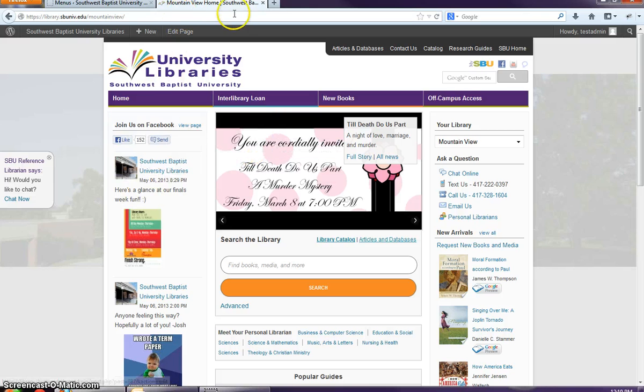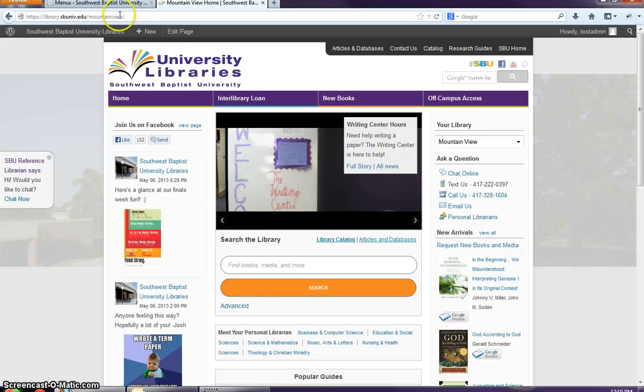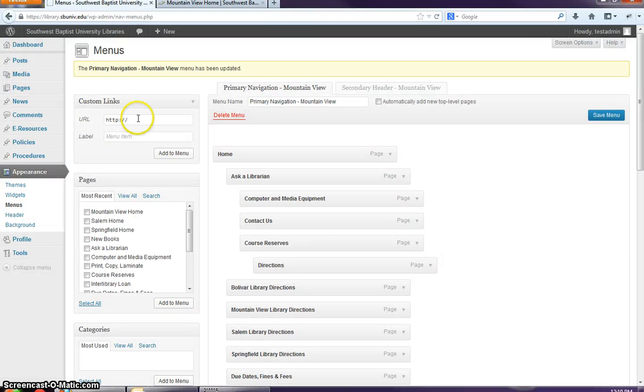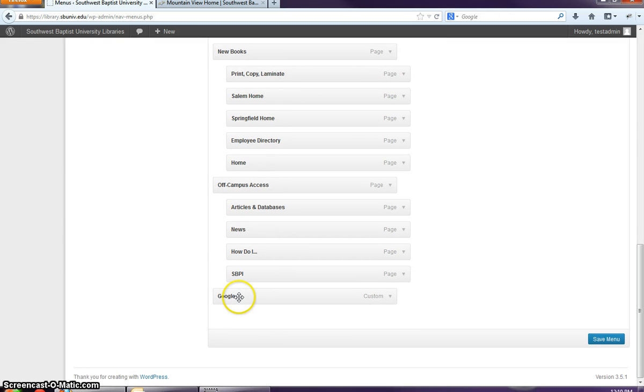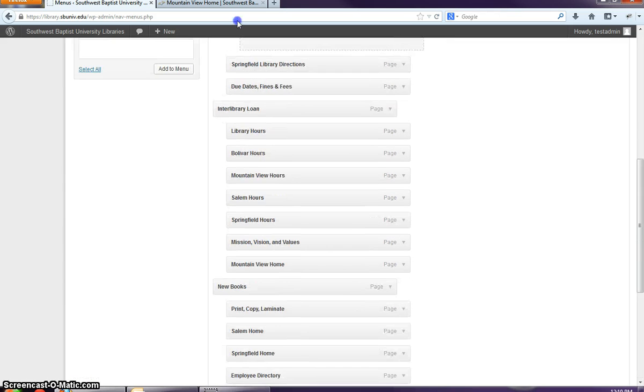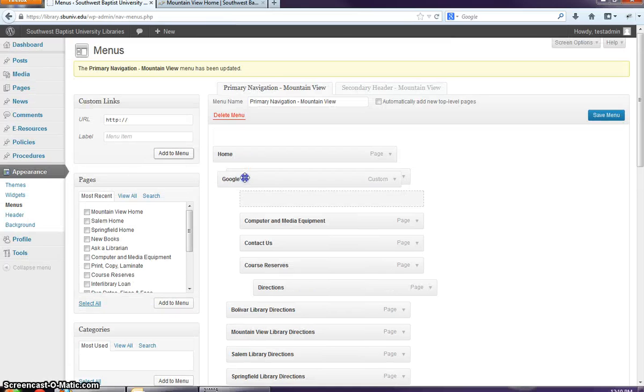So that's that. If you want to add a link to a page that is not part of our site, you just use this custom links, and let's just make a link to Google, call it Google, add it to the menu, and now here's our Google link, and it's at the bottom. Let's make it the first link underneath home. So let's drop it right in there, save menu,